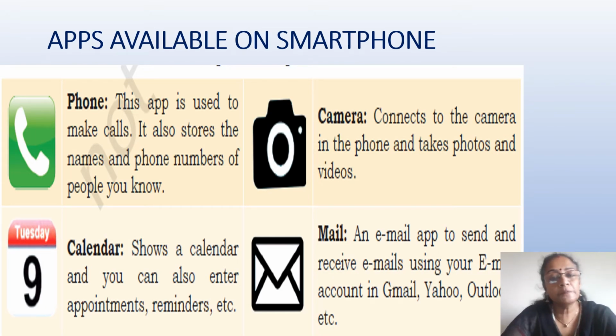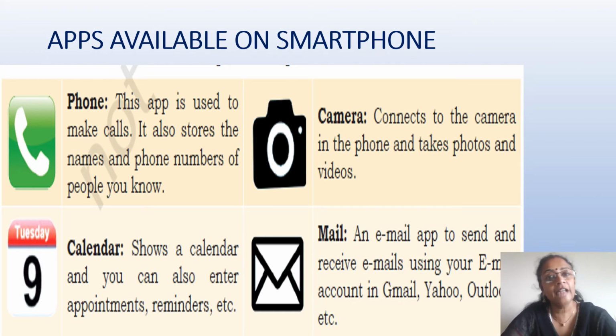Let us see some of the apps which are available on a smartphone. Why do we use a mobile phone? It is used to make calls. All your contacts can be stored properly in your phone, and you can contact people easily by just clicking on the quick call facility. You also have a camera feature which helps you shoot videos or click pictures. Then there is the calendar app, which can be used for setting up reminders or appointments, and it helps you look at the time and set up the calendar according to your schedule.